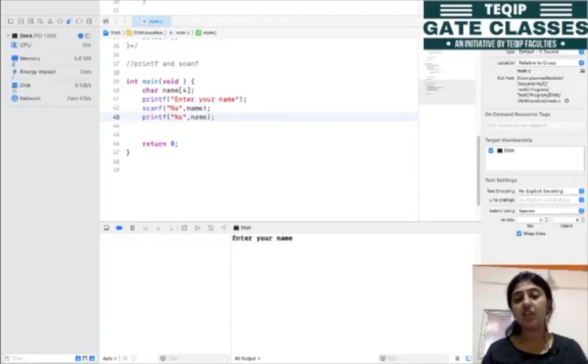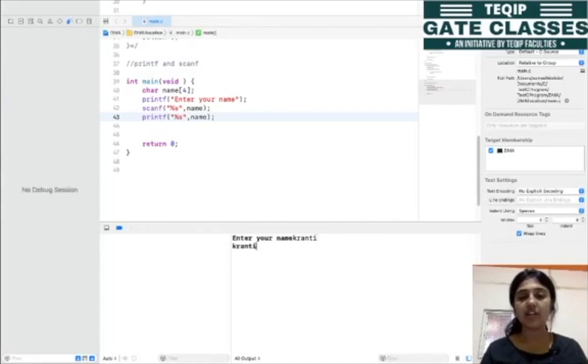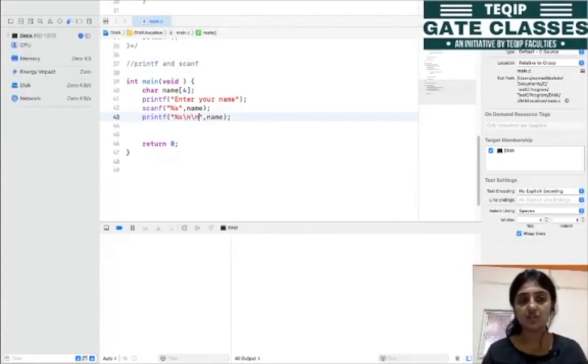So here we got this message, enter your name. So let me enter my name. So this is my name, Kranti. I enter, and okay, so let me add this slash n so it is more visible. Okay, so this is asking us enter your name, that means our control is here. So my name is Kranti, enter.